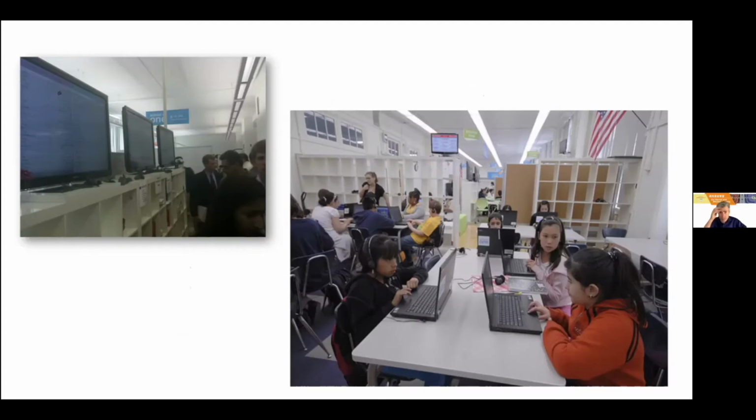Here's a school, and it's a little hard to see, so forgive me, but when you walk in, on the left side there are these computer screens. It looks like when you're at an airport and you have the flight and what gate it's coming from, but it's the kid's name. And then it says what group they're going to be in that day. They look for their name when they come into the classroom, see the group, and go to their group.